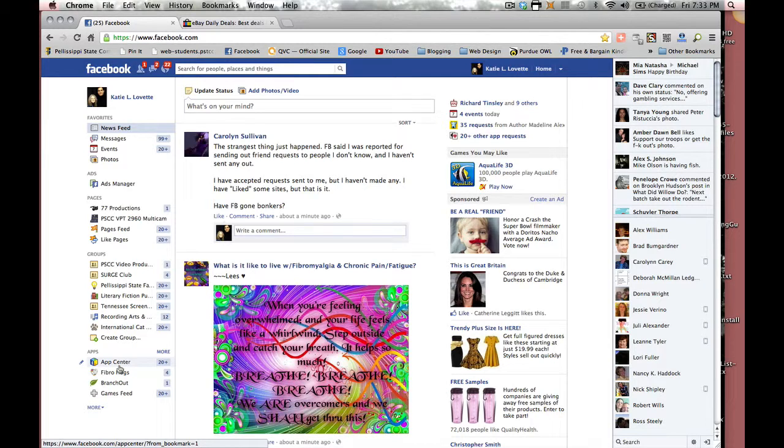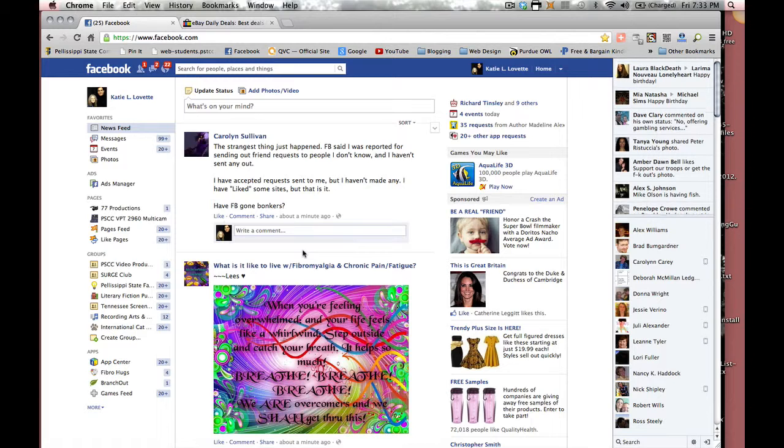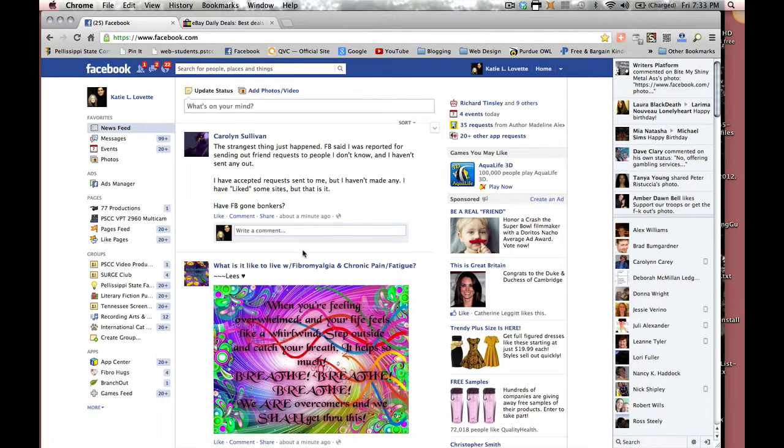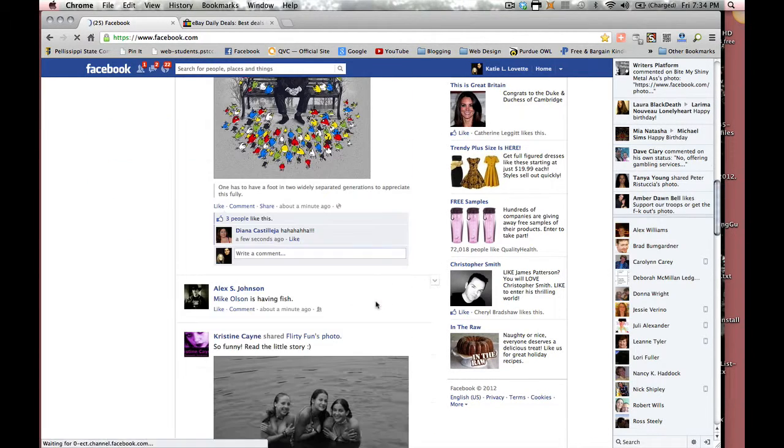If you have an iPhone or iPad or anything that takes apps and Facebook can read them, then it will also put your apps in here once you tie in with your computer. Then over here, as with everything on the computer, they monitor what you do, and then they target ads towards you, and this is what will show up here. It's amazing to me how they know what I like, but they do. Anyway, you can see